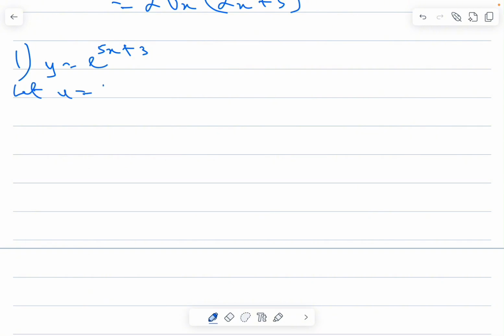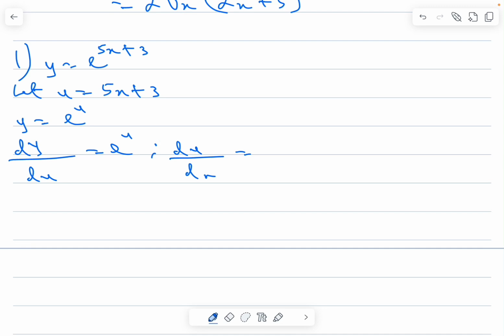Let u be equal to 5x plus 3. That means y will become e raised to power u. And now that means dy/du will be equal to e raised to power u, and du/dx will be equal to